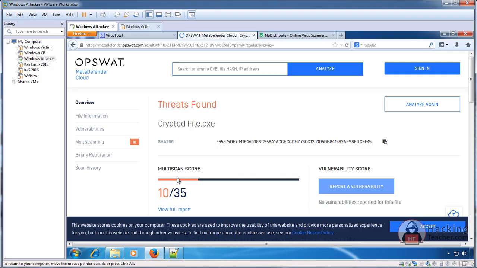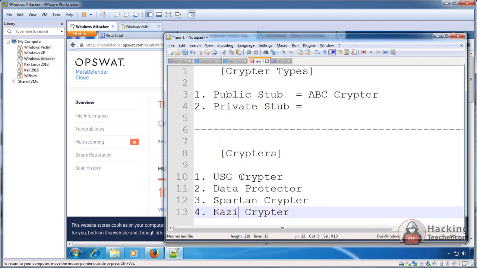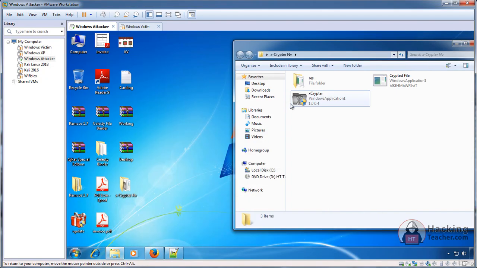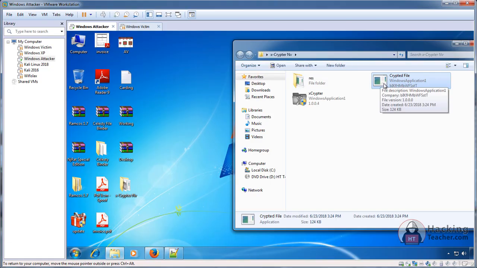to buy your own cryptors and use them over your files. Then your files would be ready to send. And the more advanced cryptors like Kazi or the other ones which you buy also have features in between, so that you'll be able to change even your icons. Like right now, if you see, it's just giving a very bad exe icon over it,